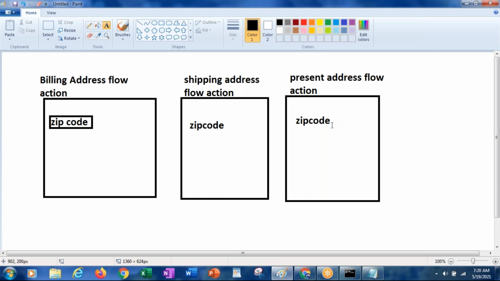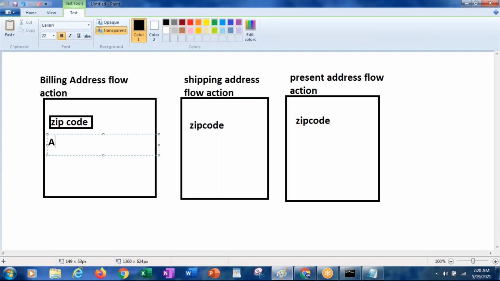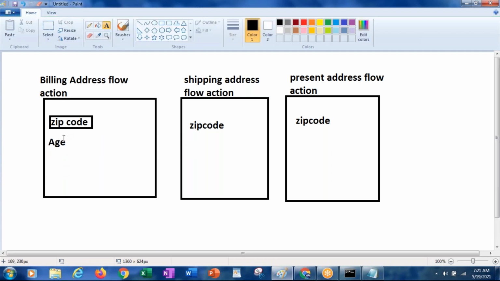One more thing: through one obj validate rule, you can validate many properties. One rule can contain many properties. Here we have a zip code, and also the flow action age. For all these properties you can apply one obj validate rule.